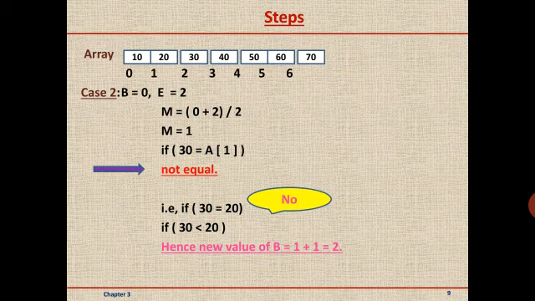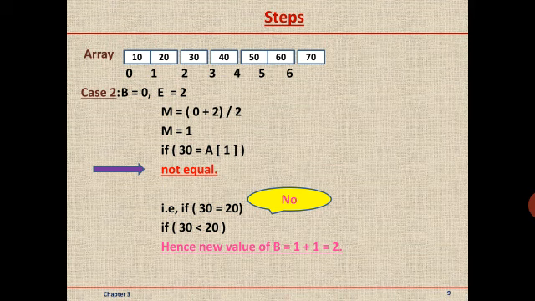So we proceed to the second case where we take the initial value. Again we have to trace the algorithm from the beginning, because in the first case we could not find element 30. So now in the second case the lower bound B is equal to 0, but the upper bound E has changed its value, that is, the new value is 2. Now again find the middle location, that is m is equal to 0 plus 2 upon 2. We get the value as 1.